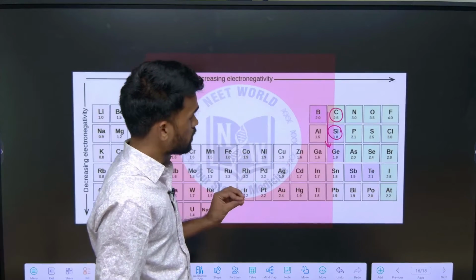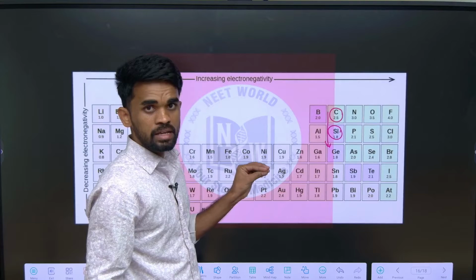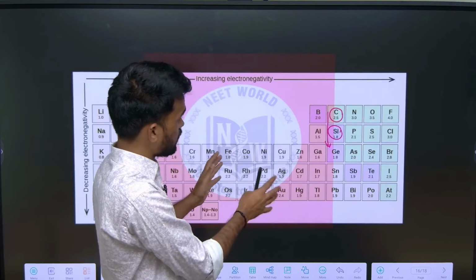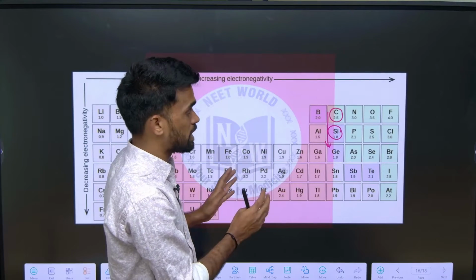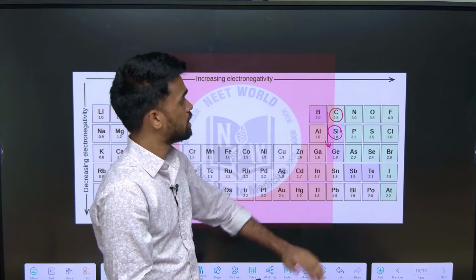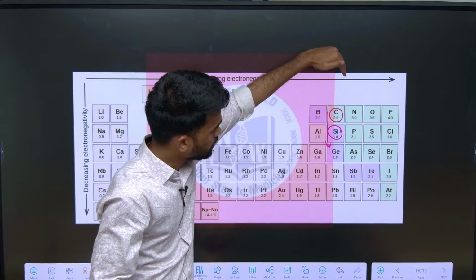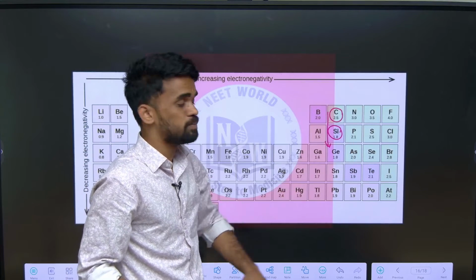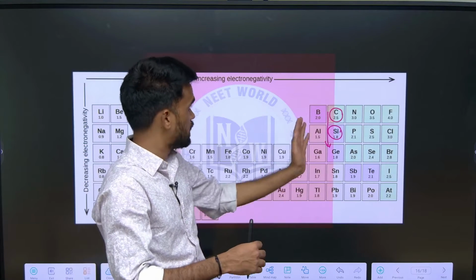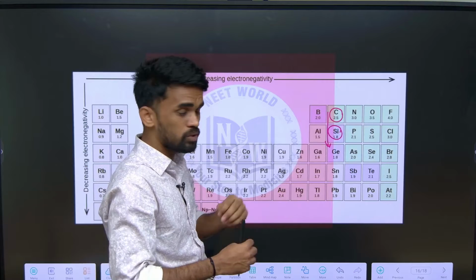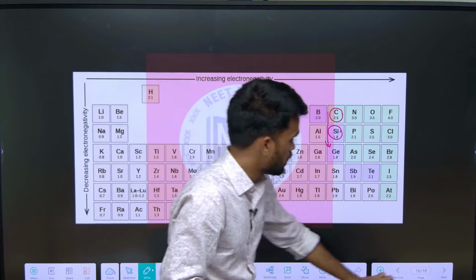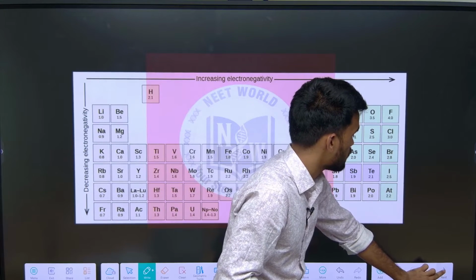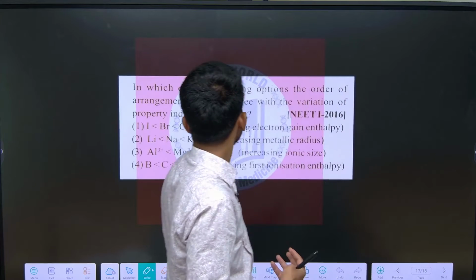So it is better to read the NCERT book very carefully, and when they provide this kind of data, observe it very carefully and make some orders out of it. Make the order of electron gain enthalpy of a particular group and electronegativity of a particular group, and compare the nearby atoms with each other. Therefore it gives us more conceptual clarity, which will help us while solving the questions.